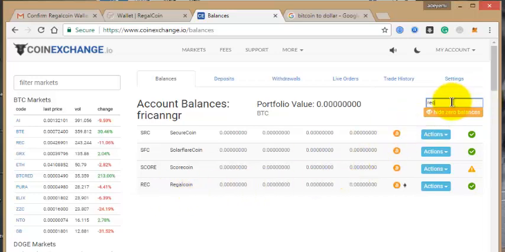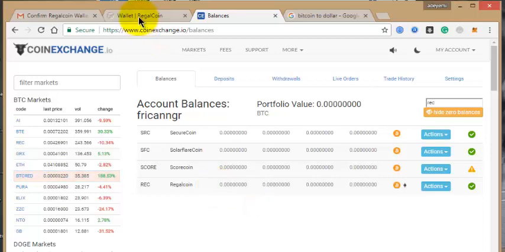Once you type reg here, and click, you can click anywhere. So now you will see your Rega coin and the balance that you are having there, because you have already converted your Bitcoin to Rega coin.